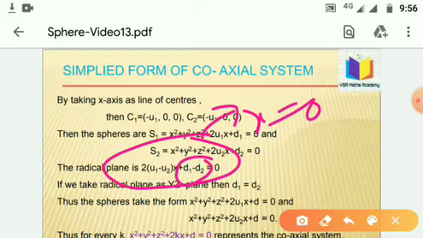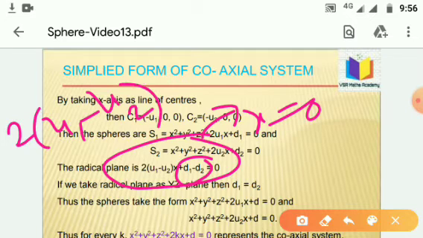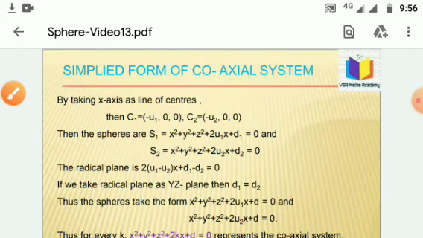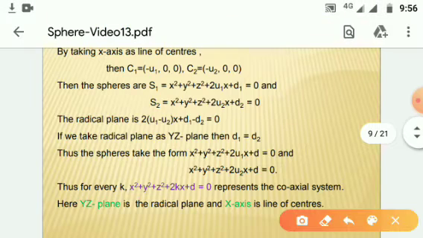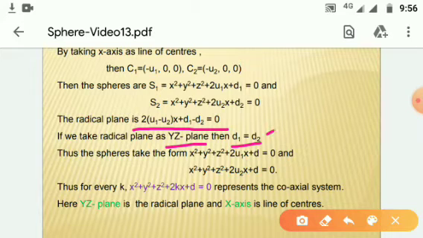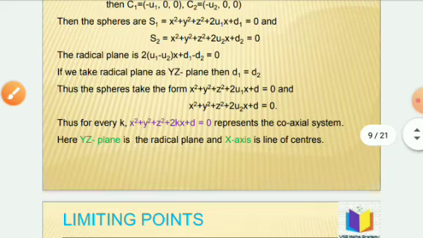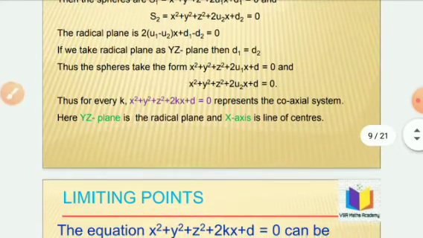If d1 minus d2 is equal to 0, then you are left with 2 into (u1 minus u2) into x is equal to 0. Then taking this to the other side, you will get x is equal to 0. So this radical plane will become the yz plane only if d1 is equal to d2. Suppose that d1 is equal to d2 is equal to d, then the two spheres S1 and S2